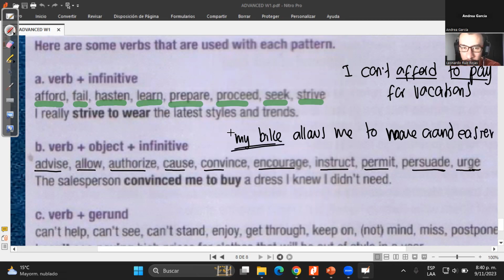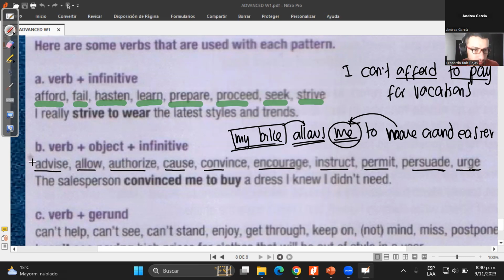The action, the object, the subject in this case is the one that does this action. Me lo permite. ¿A quién? To me. ¿Qué me permite? To move around faster. So in this case, the focus of the sentence is going to be the object because the object is going to receive both actions. The action that the subject does and also the other action in infinitive, it's for the object too. Ready? So in that case, that's easier, but these verbs are always over another object.